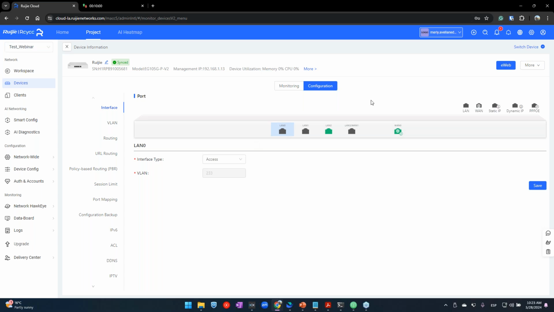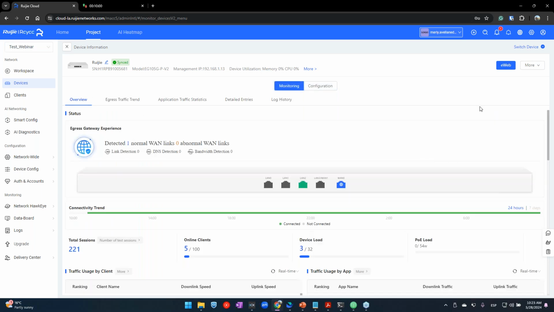We will see more of them later in the course. And here is very important. This topic is the eWeb. And what is an eWeb? eWeb is a tunnel. We will enter the main configuration of the device by clicking here in eWeb. It's very important to say that